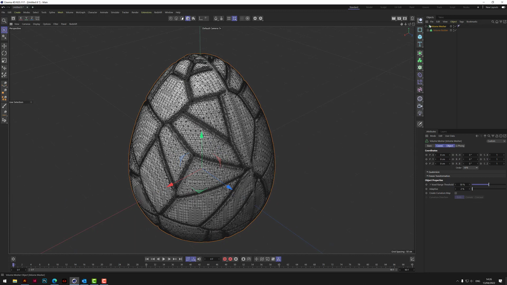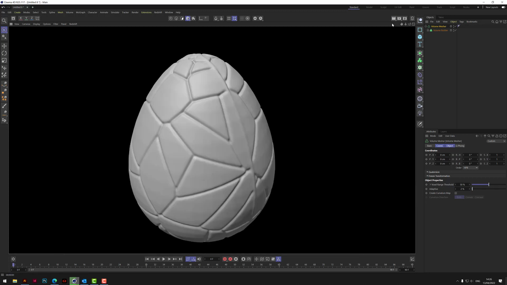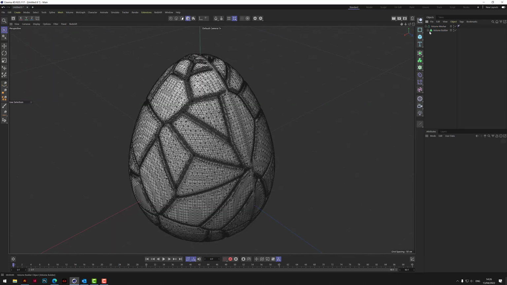Okay, so now we've got the mesher. If we just go to the render, you'll see the shape. You see the basic form of the egg and the seam around it. Now what we're going to do now is we're going